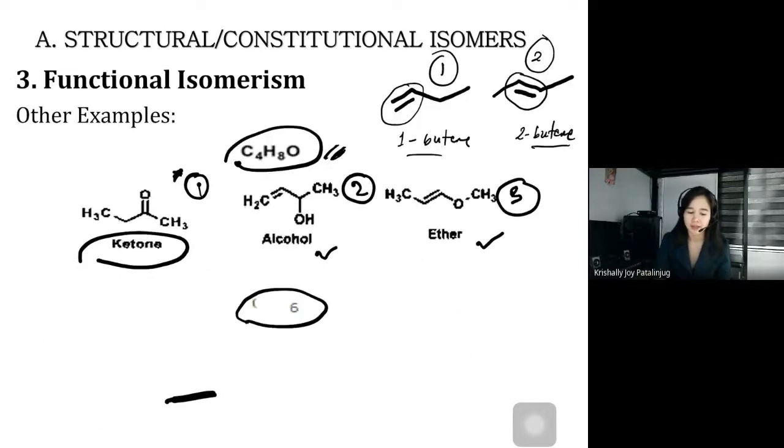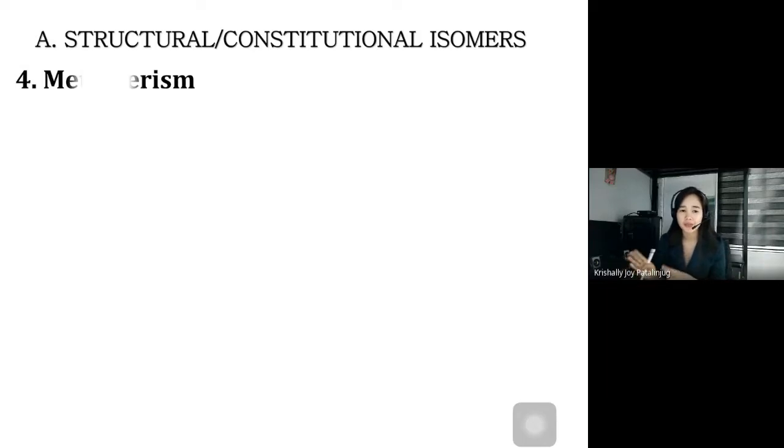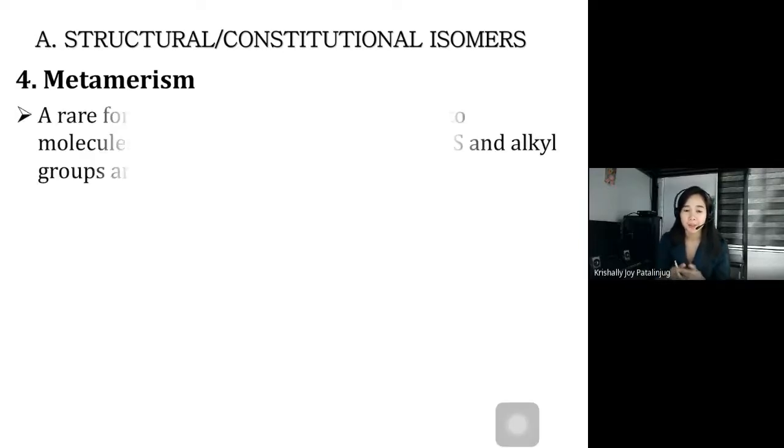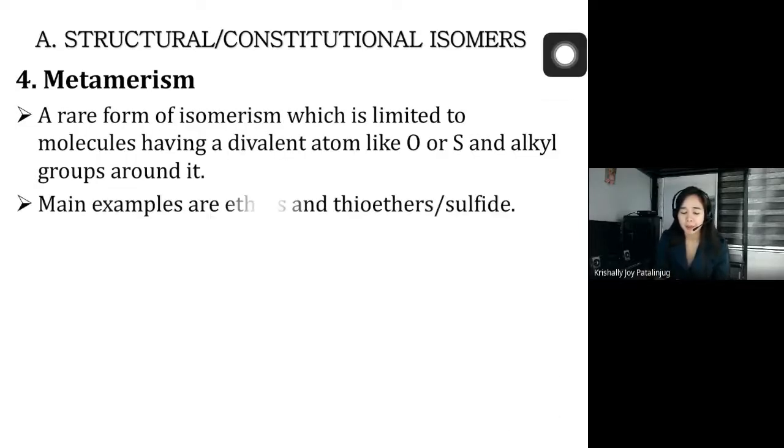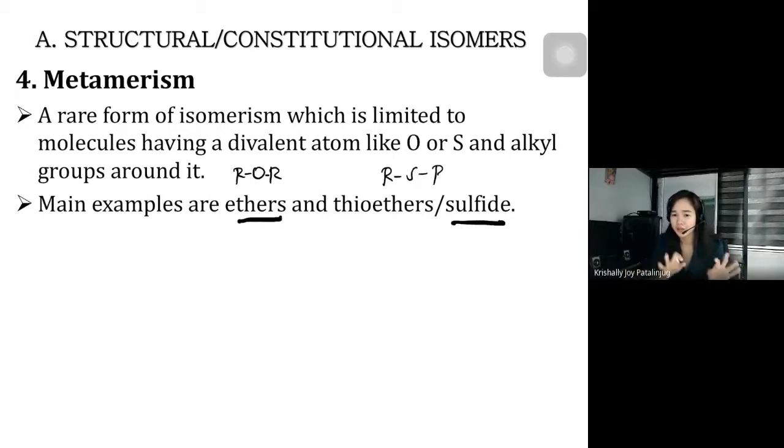Okay? Sige. Then for the remaining three types of structural isomerism, I have mentioned na they are rarely encountered. So we will just identify where they are usually observable. So for metamerism, remember this class. Metamerism specifically occurs among ethers or sulfides. Sulfides are just equivalent to thioethers, right? Ethers are ROR. Thioethers or sulfides are RSR. So if you have a set of ethers with different structures, but the same number of carbon, hydrogen, and oxygen,